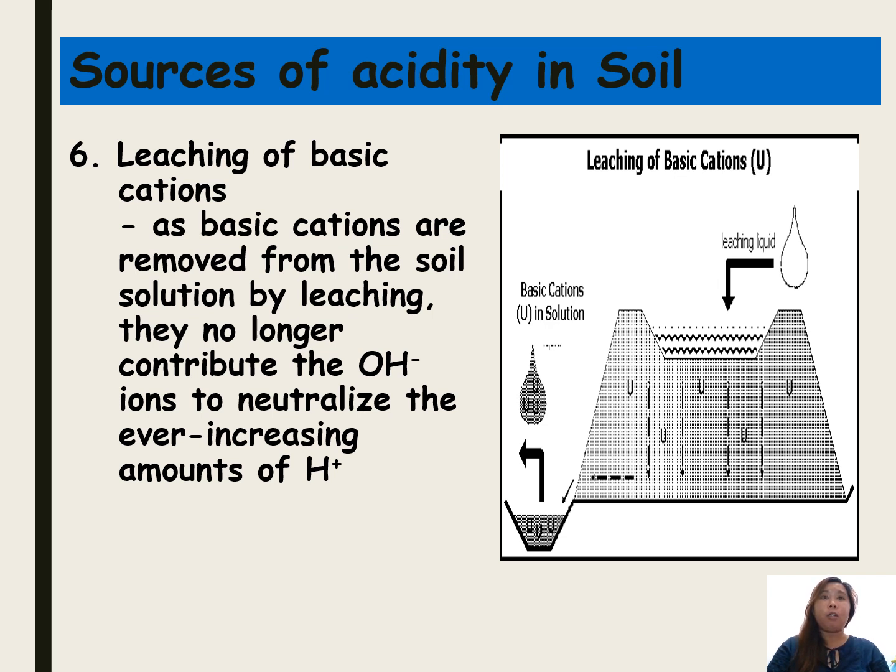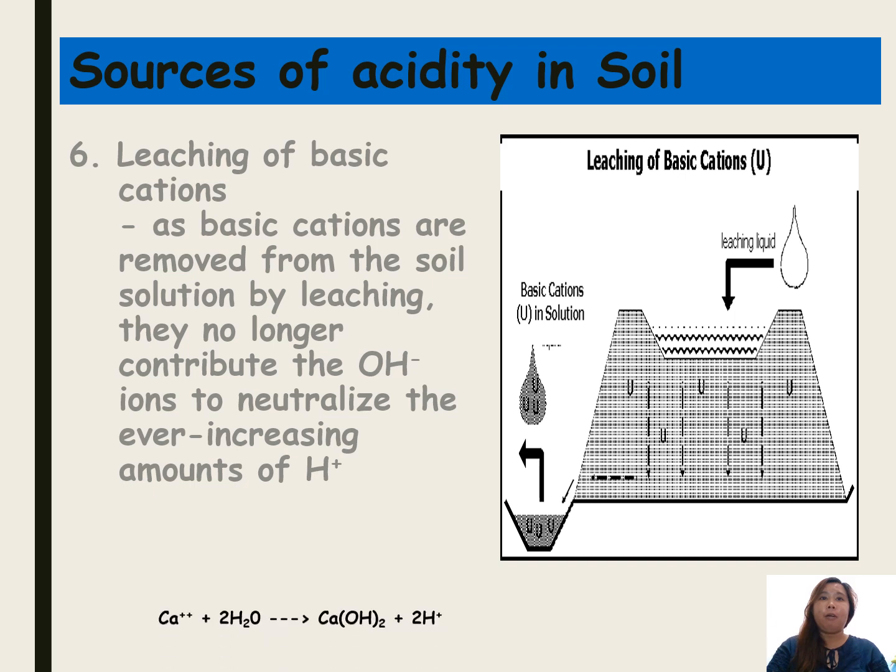They no longer contribute the hydroxyl ions to neutralize the ever-increasing amounts of hydrogen ions. For example, when calcium is exposed to water, it will combine, forming a new compound, releasing also additional hydrogen ions